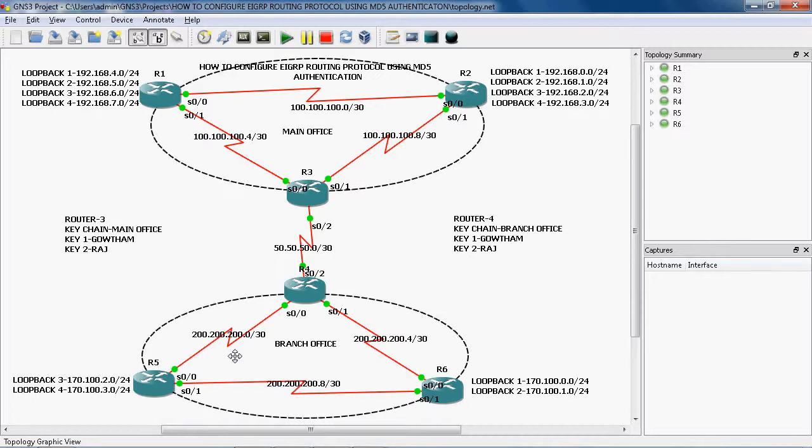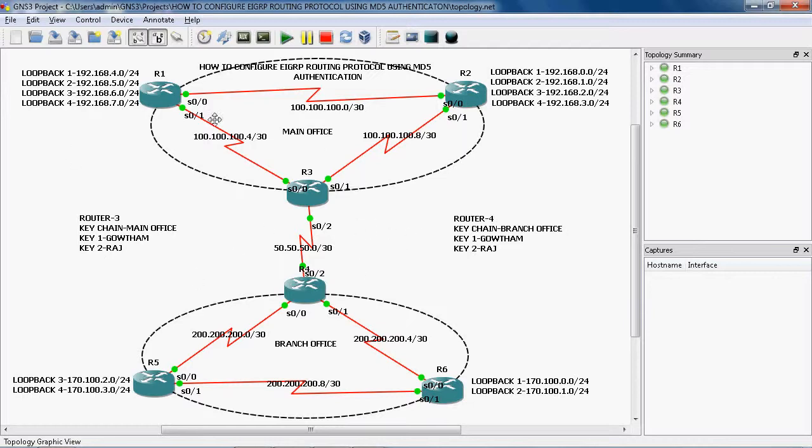In the WAN network we use /30, which means we use the IP addresses efficiently without wasting any IP address. Okay. Between the R3 and R4 routers, we configure MD5 authentication for security purposes.